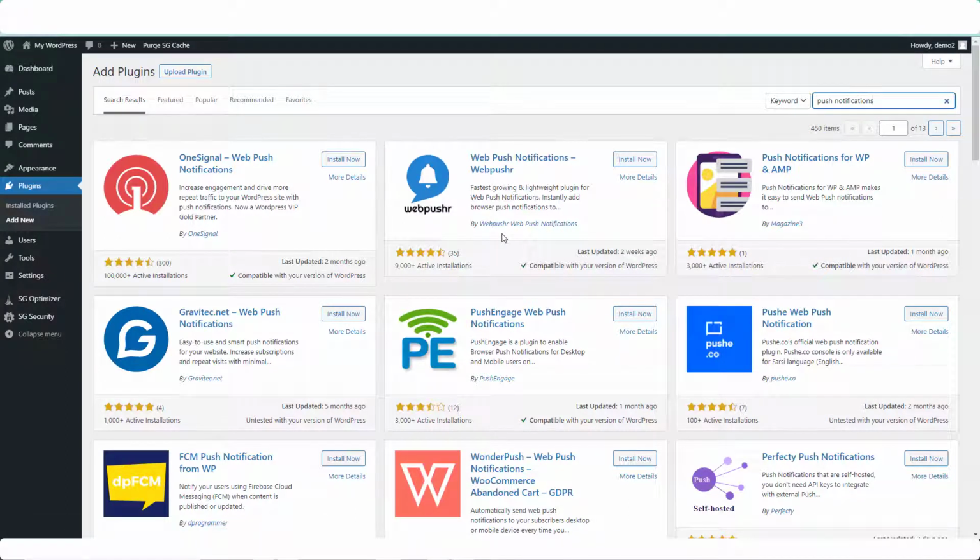And the reason for that is because although this one here, One Signal Web Push Notifications, has a lot more active installations, a lot more people have used this plugin or are using this plugin, this one here, Web Pusher, was updated 2 weeks ago, whereas One Signal has not been updated for 2 months. When a plugin has not been updated for 2 months, it's getting into the realms of perhaps being outdated. Therefore, at the time of making this video, I'm going to install this one, Web Pusher,